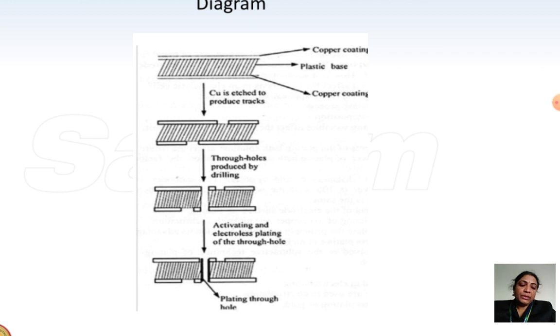One of the best applications of this electroless plating of copper is in making the connections on the motherboards. Our plastic boards will be there where internal connections are required. Electroless plating of copper is the best method, where through holes are made by drilling and then plated with electroless copper so that it becomes internally connected. I think it's clear till here.